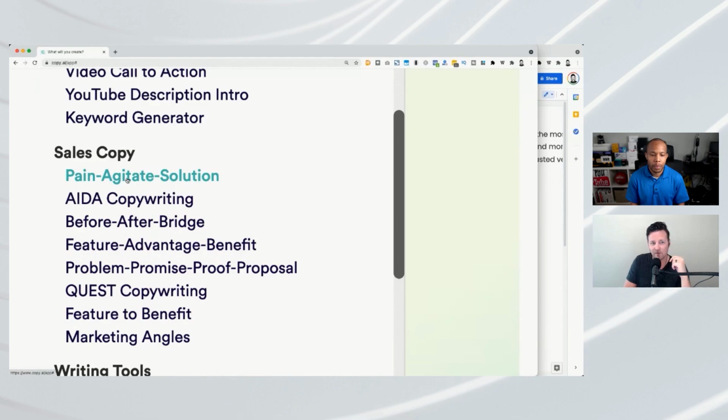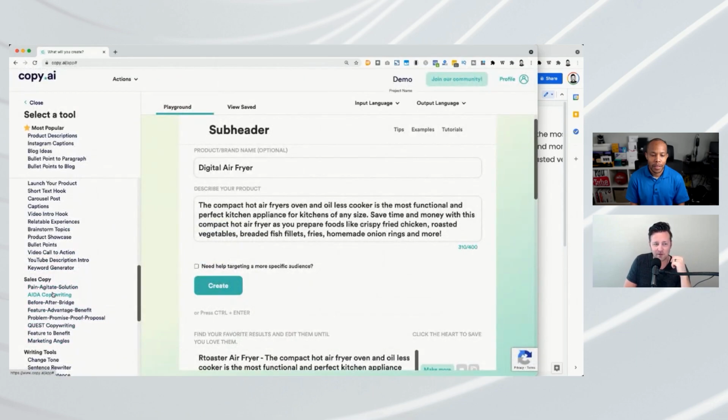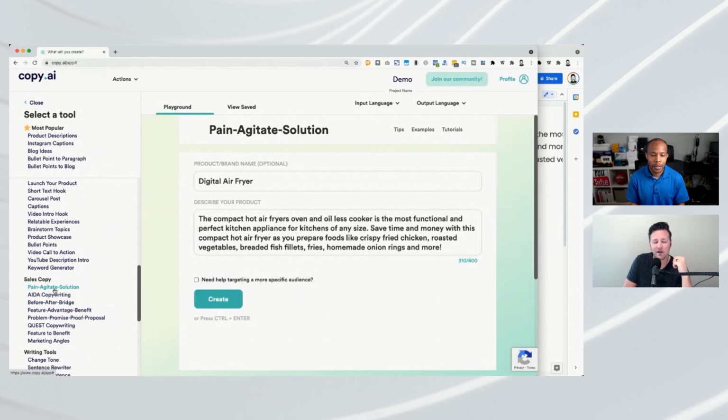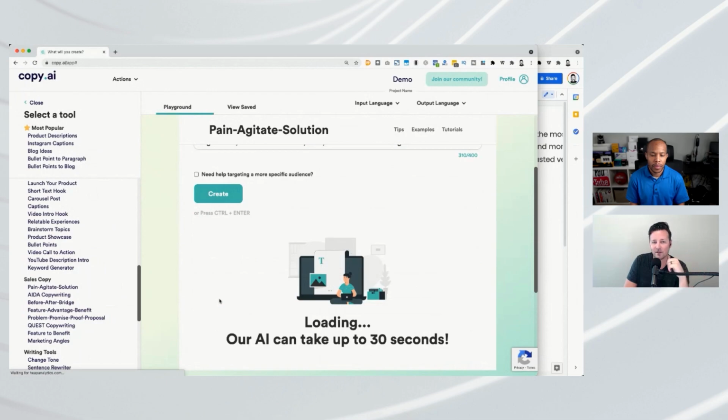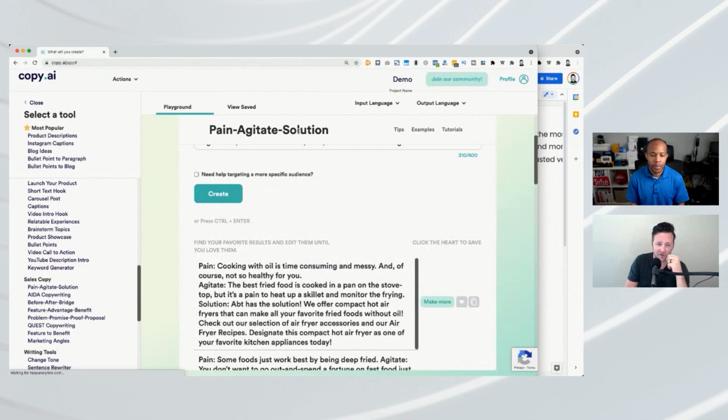Some of the outputs you get from these tools are going to help you write headlines, create videos, whatever it is. So if I just click on the pain agitate solution, we put in the same inputs here, product name, description, and it's going to now structure the output in a way that positions it as identifying a pain point of their audience, digging in a little bit more to the needs that they have, and then positioning your product as a solution.